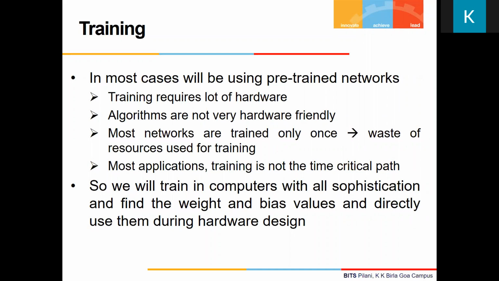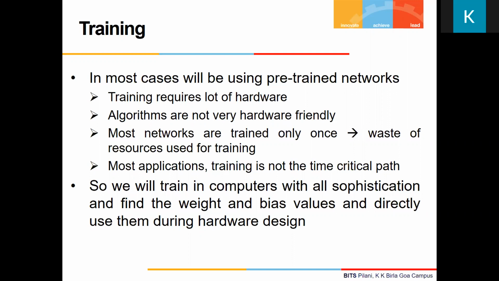Basically, what are the network parameters? The weight values that we discussed before. And there is one more parameter called the bias values. So we will have weights for each neuron, and there will be one bias per neuron, which I haven't shown, but usually every neuron will have a bias also. The whole purpose of training is to find the weights and biases so that the error of the network is minimized. That's what we are aiming for.